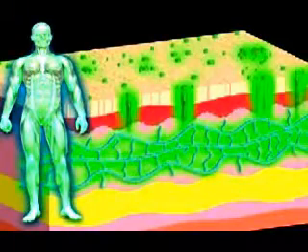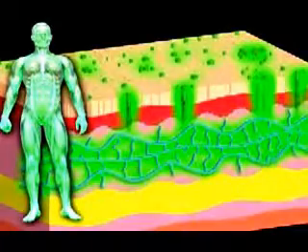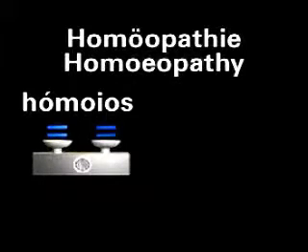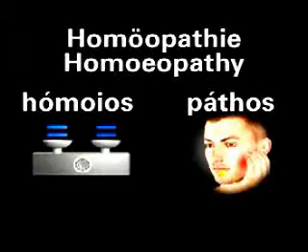In our case, he gives the swimmer the same fungus and hopes the swimmer regains his health. This assumption gave the treatment the name homeopathy, from the Greek homoios, meaning the same or similar, and pathos, meaning the suffering or the disease. A disease is treated with the triggering cause, a kind of tit for tat.